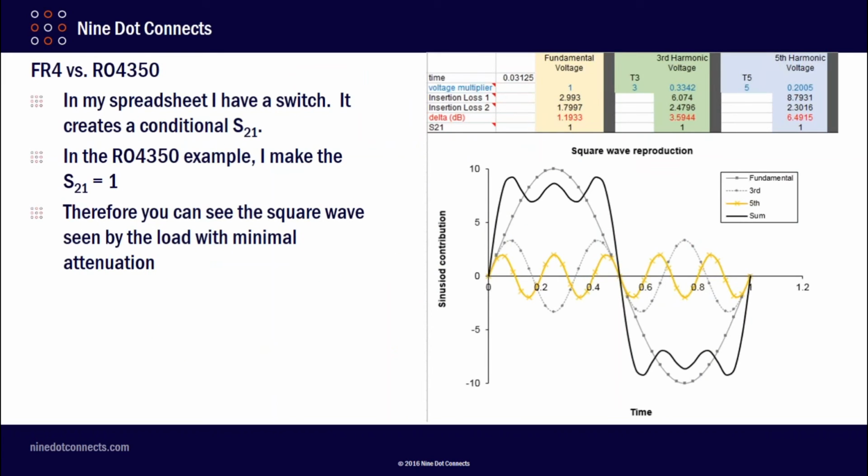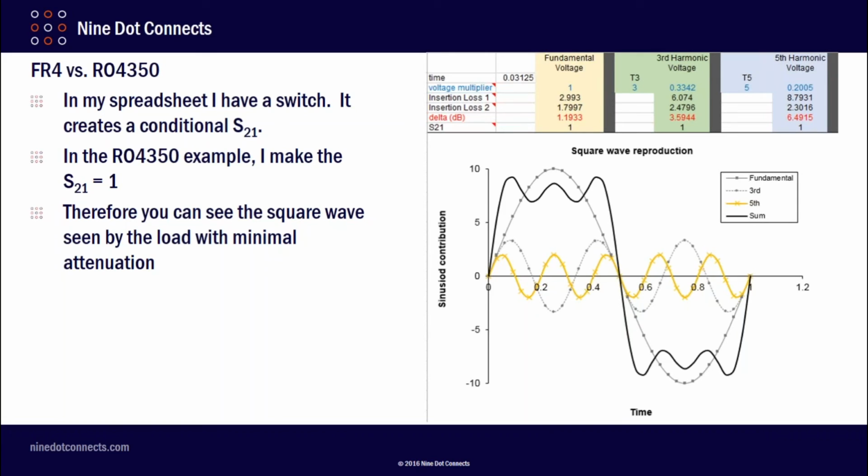So what I did is I put this into a spreadsheet that I created so that you can see the different waveforms and visualize the impact. In my spreadsheet, I created a conditional switch on S21. If you want 100% of your signal to get through, then your S21 is a 1. So my conditional switch, if you'll notice here in my spreadsheet, is a 1. Then the loss due to the FR4 is taken out of the equation, and I have my generic